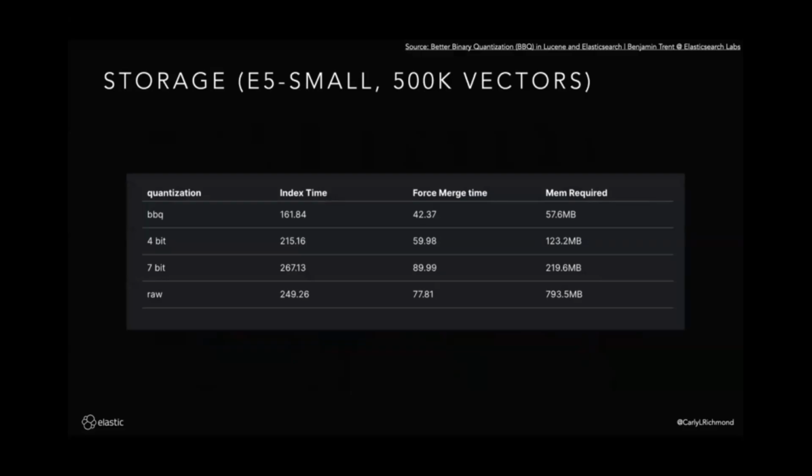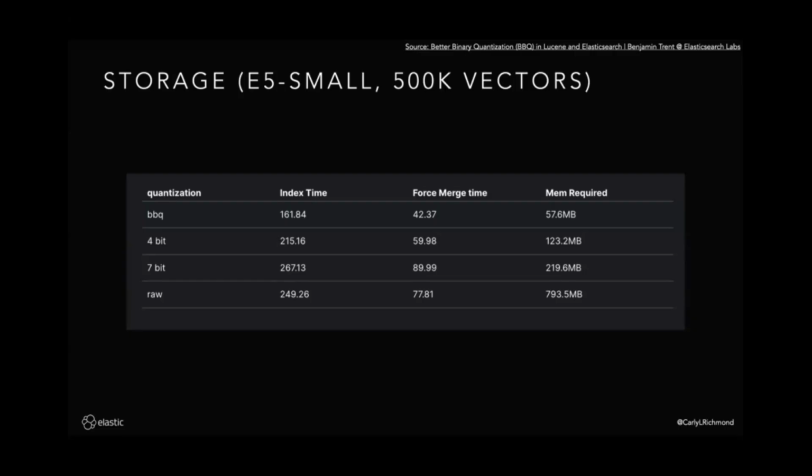In terms of storage, I can't take credit for these benchmarks. I do recommend reading the source up there, where Ben goes into it in a lot more detail. You can see a comparison of quantization against the BBQ implementation. This is the Lucene number specifically for binary quantization, along with 4-bit, 7-bit, and the raw original vector.